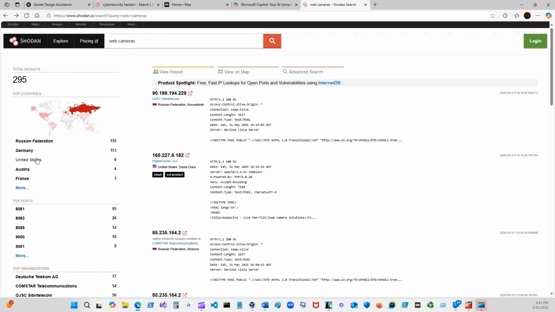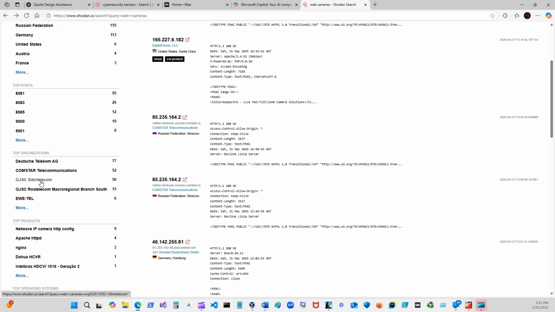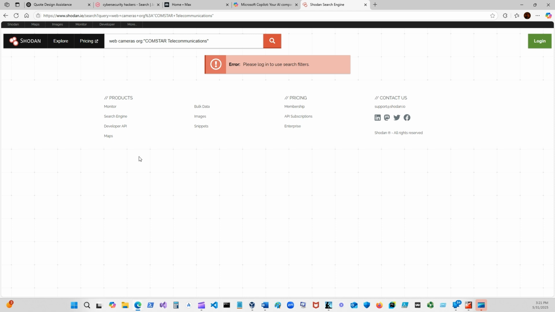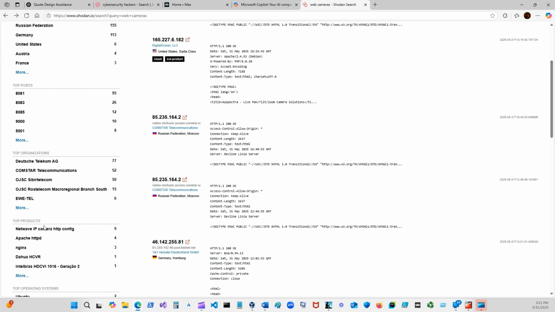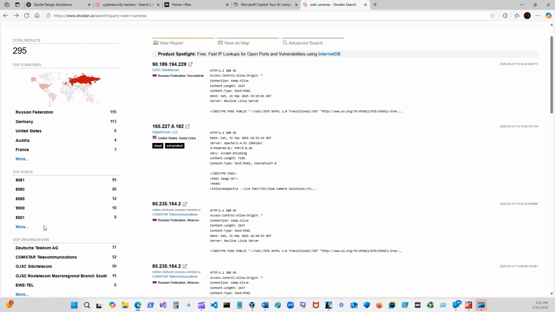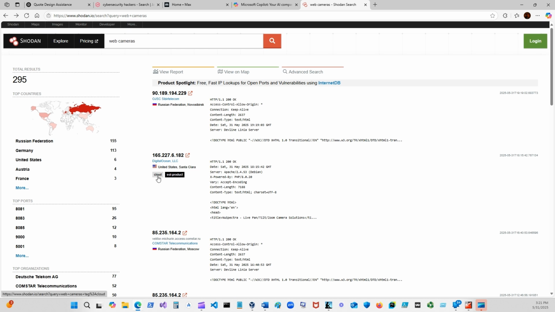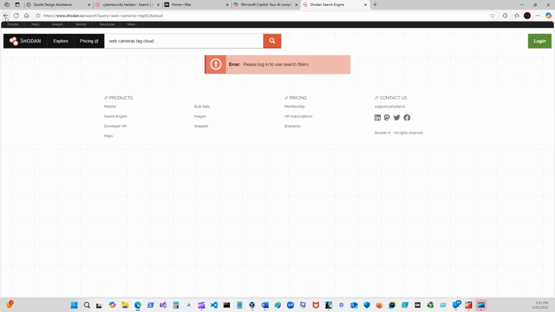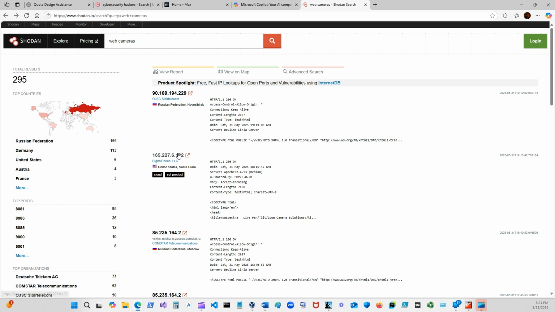Let's say web cameras, Russian Federation, Germany. I mean, it's just cool. You've got to mess with stuff. Comstar telecommunications. Ubuntu. Cloud. Russian. Click on this, see what happens. I mean, it's just fun stuff to mess around with, right?